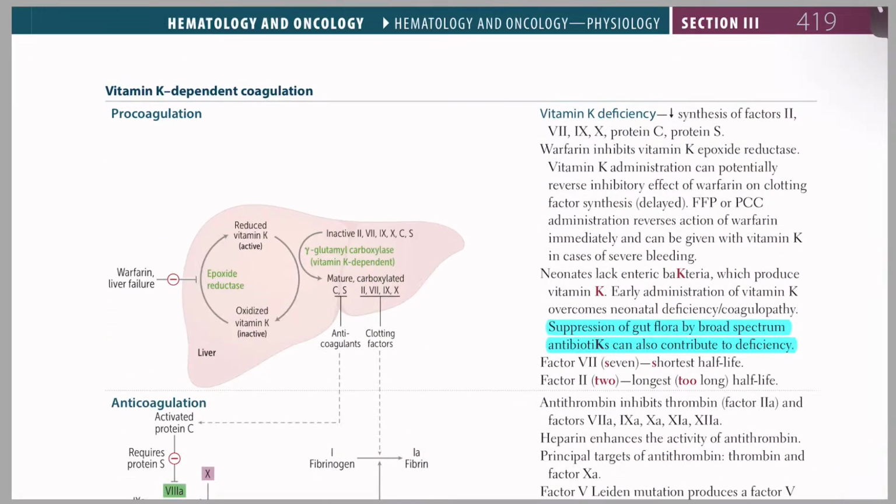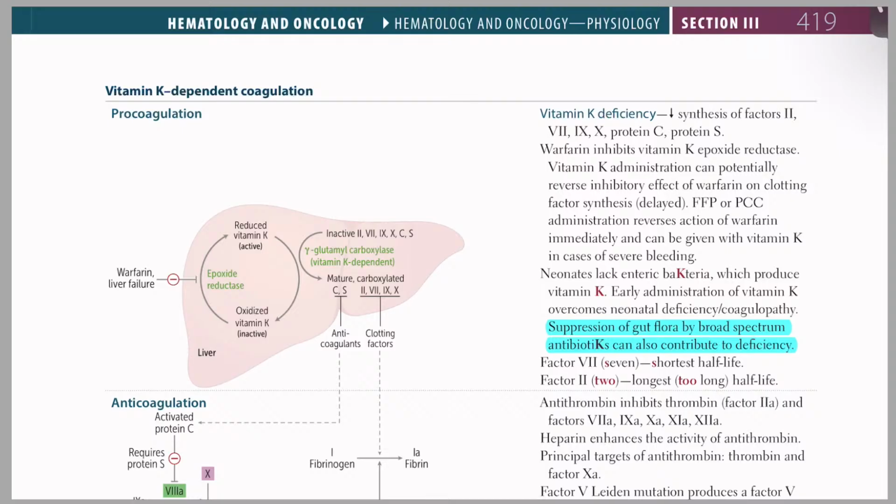Vitamin K dependent coagulation, procoagulation. Vitamin K deficiency leads to decreased synthesis of factors 2, 7, 9, 10, and protein C, protein S. Warfarin inhibits vitamin K epoxide reductase. Vitamin K administration can potentially reverse the inhibitory effect of warfarin on clotting factor synthesis, but it is delayed. FFP or PCC administration